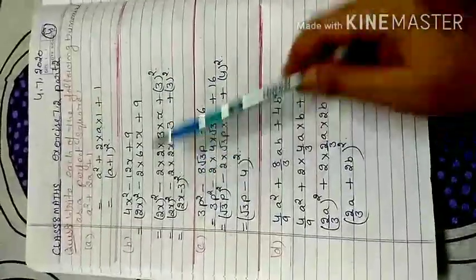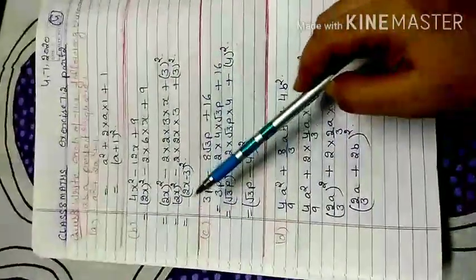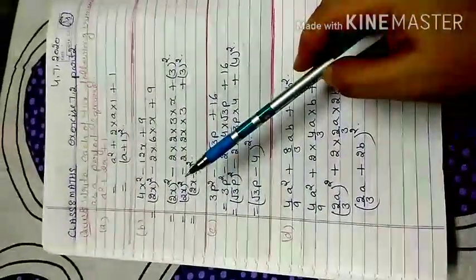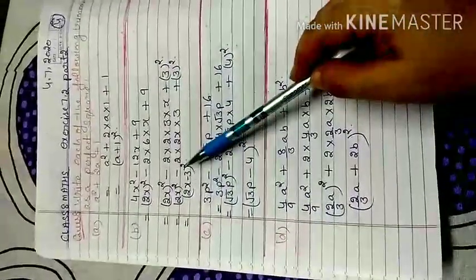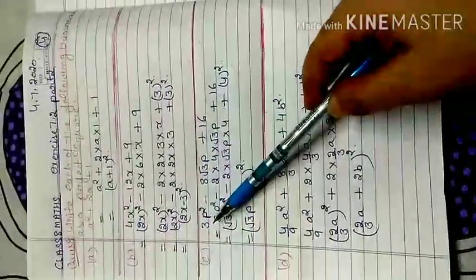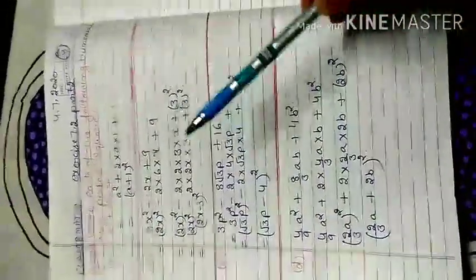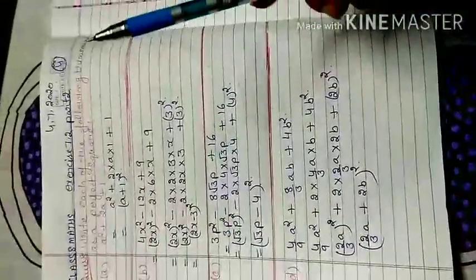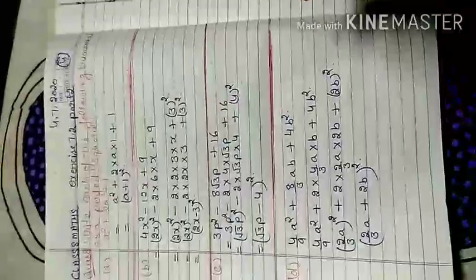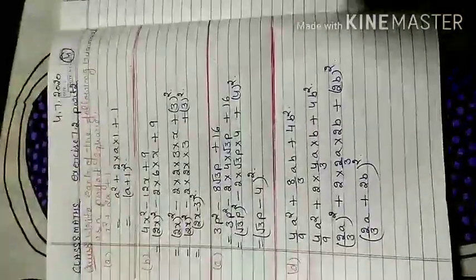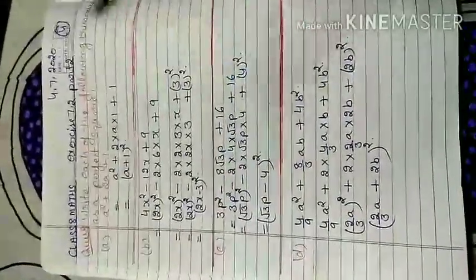So here first term square, second term square, and in between that's 2 into first term into second term. So that will fulfill my required condition of the a minus b whole square formula, because there is a negative sign. So we can directly write first term minus second term whole square. Similarly, if I have a term 3p square minus 8 root 3p plus 16. Remember always one thing: when you apply the formula of a plus b whole square or a minus b whole square, the squares of the two terms are always positive, and the middle term, which is not a square, will be either positive or negative. According to that sign, you apply the a plus b whole square or a minus b whole square formula.